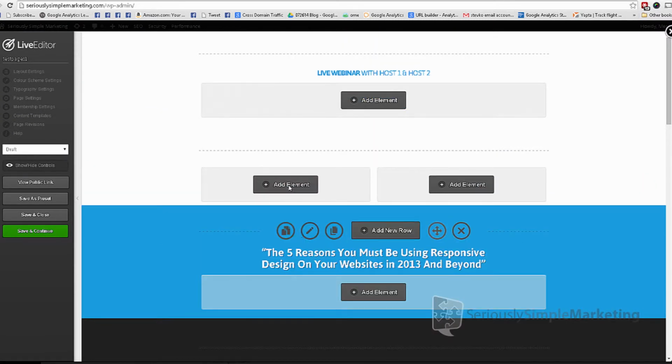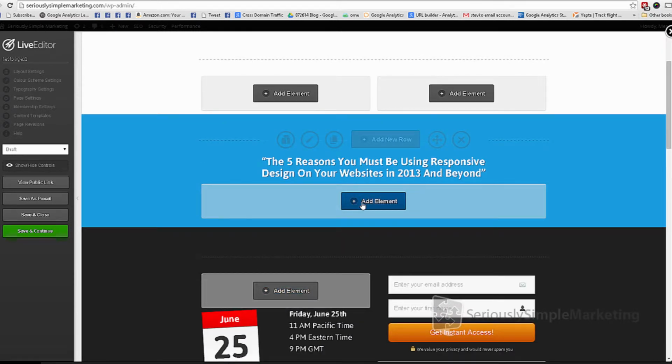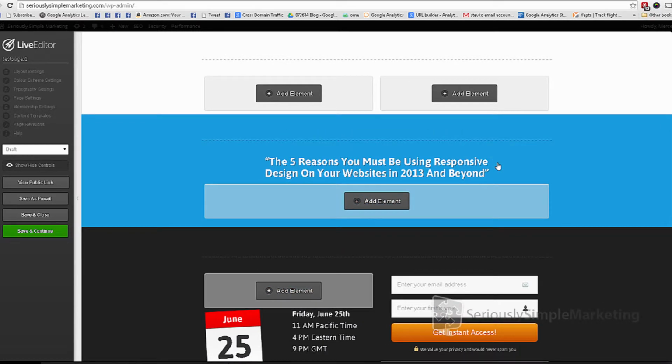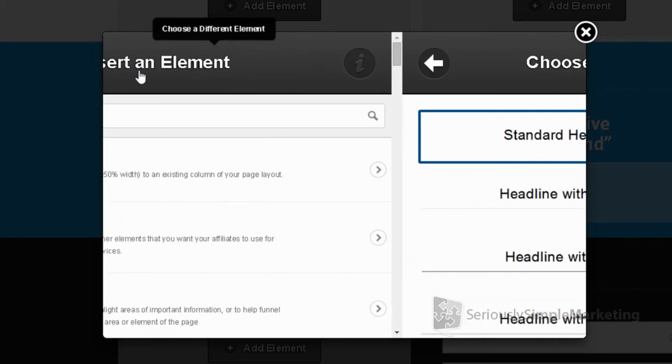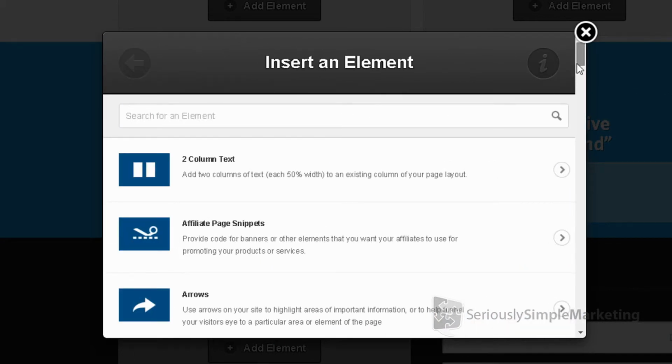The cool thing about rows and building multiple rows, so not just one long row. And this is what we started in the very beginning. We did one long row with a lot of different elements, and elements are these things. So like this is an example of what they call, I believe, a headline element. Yep, see where it says headline. And I'm going to go back a couple of steps here just to show you all these different elements that